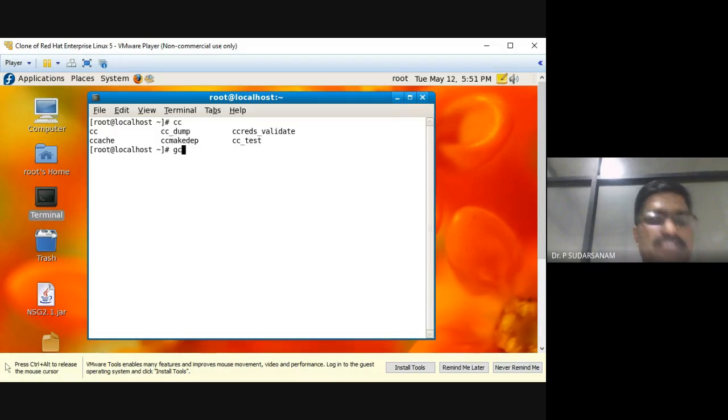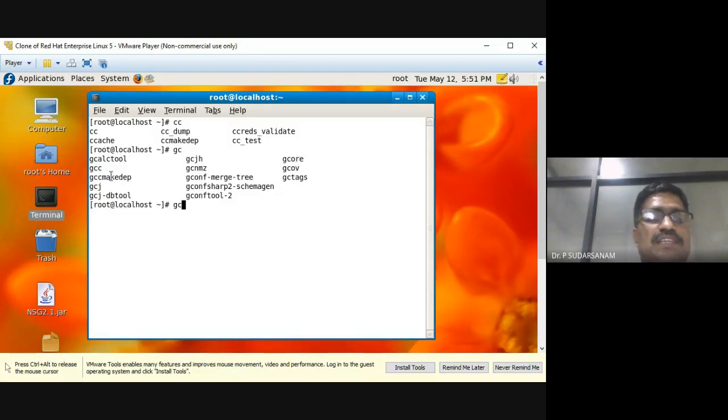I type gc, press double tab, and you can see gcc also. Similarly g++ is showing when I press double tab. It is available. You can use either G++ or GCC.